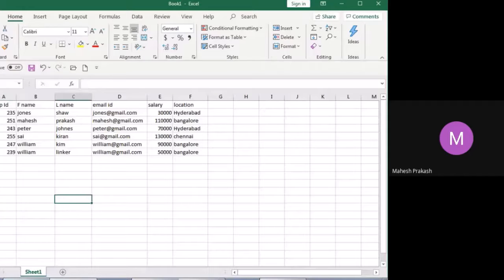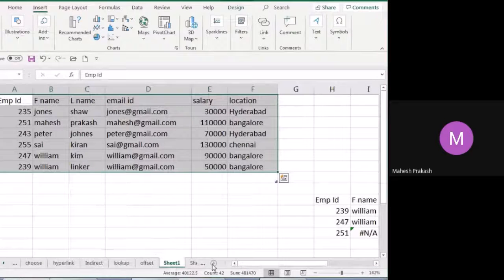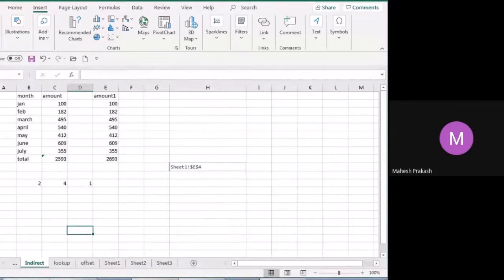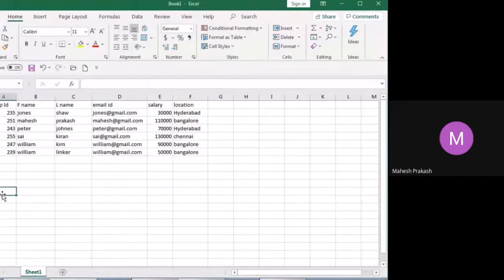Anyways, VLOOKUP means the table should be in vertical form, so the columns will be in vertical form and the rows will be in horizontal form. So we have this table.